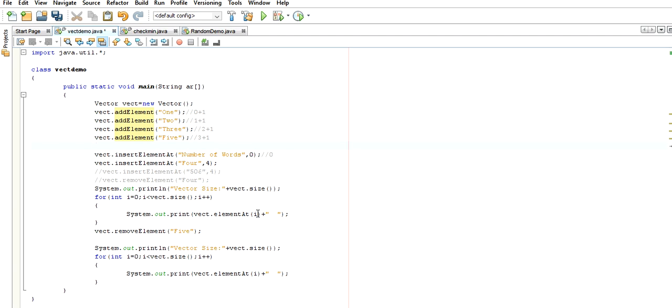Okay, now if we want to remove some element, then we use the remove element function, and we write the value, then the mentioned value is automatically removed from the vector.